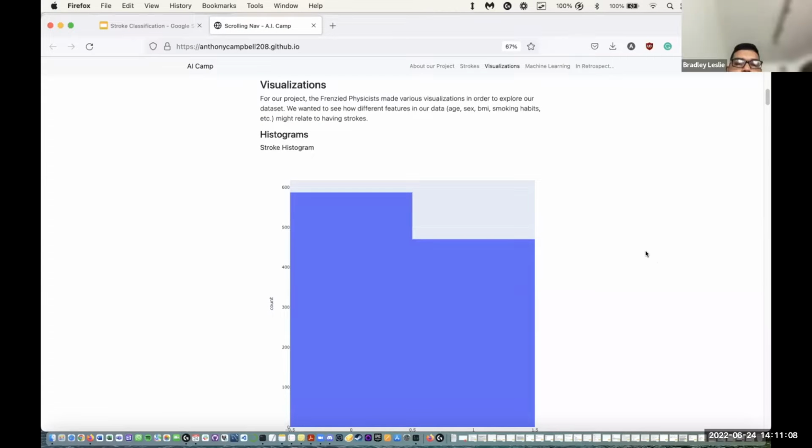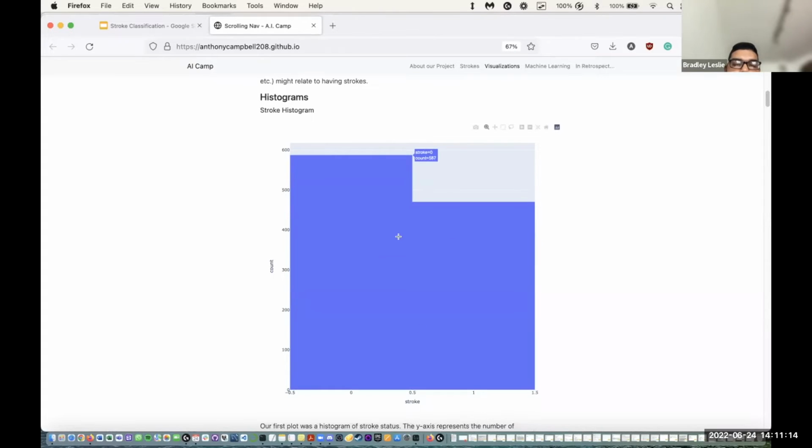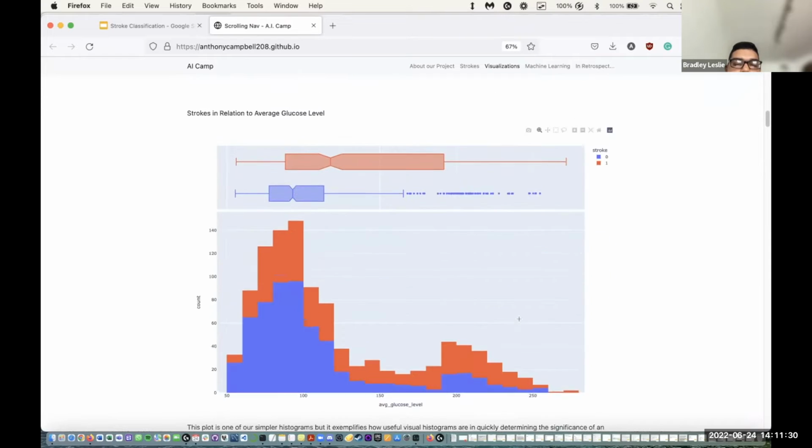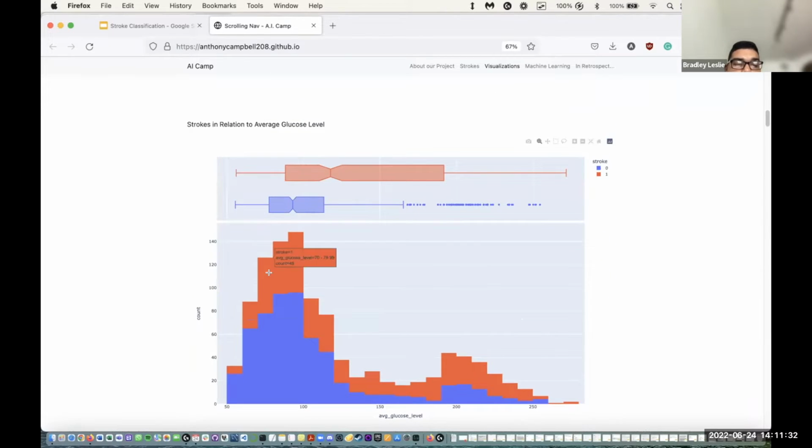To summarize our data, we use histograms. Our first histogram shows us the people who have never experienced a stroke and the people who have, where 0% represents the people who have not gotten a stroke and 100% the people who have gotten a stroke. It shows that 587 people have never experienced a stroke, while 470 have. Our second histogram shows the average glucose level, where red represents the people who have had a stroke and blue represents